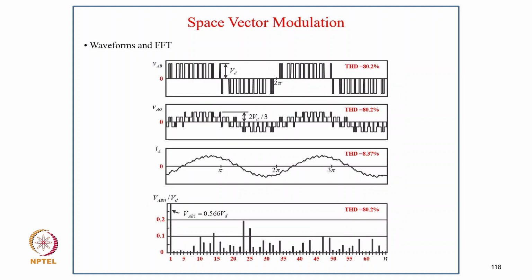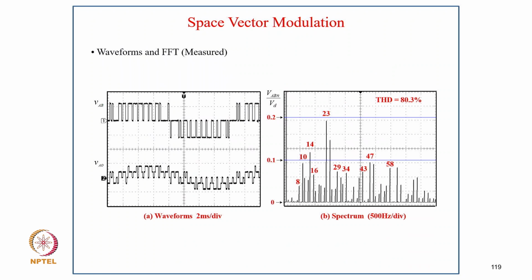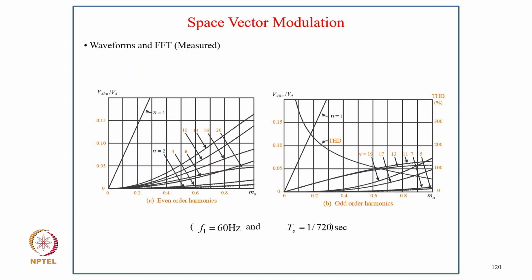And this is the harmonic waveform and FFT. So this line voltage has a THD of around 80.2%. The current has a THD of 8.37%. And this voltage, of course, is given 80.2% as the harmonic spectrum here. And these are the waveforms and FFT for line voltage and phase voltage with the 80% THD, and this is the variation